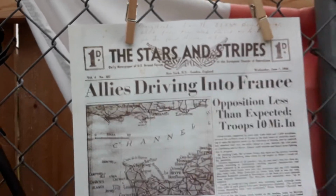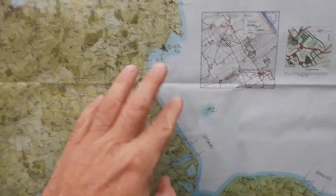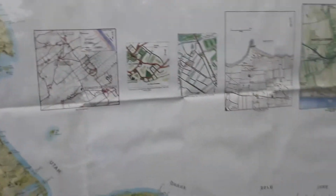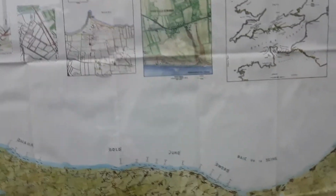So the Germans, Rommel had all kinds of interesting traps and mines all along the beach. Now, when you're attacking something like this, there was a storm brewing, and the Germans only had